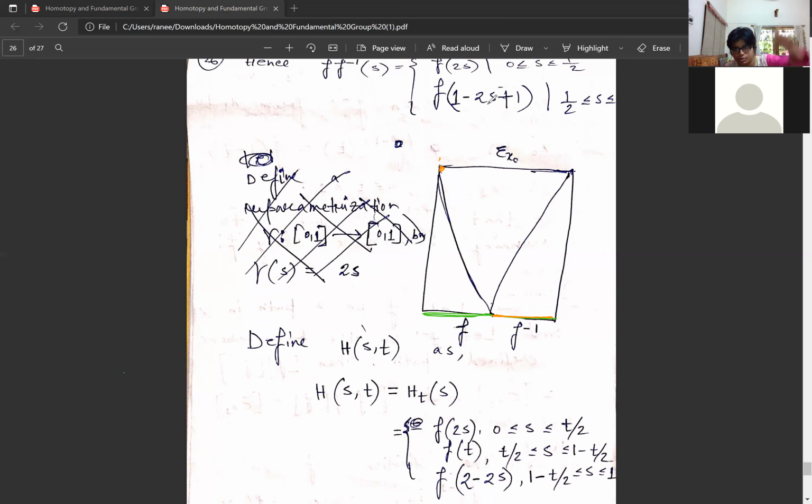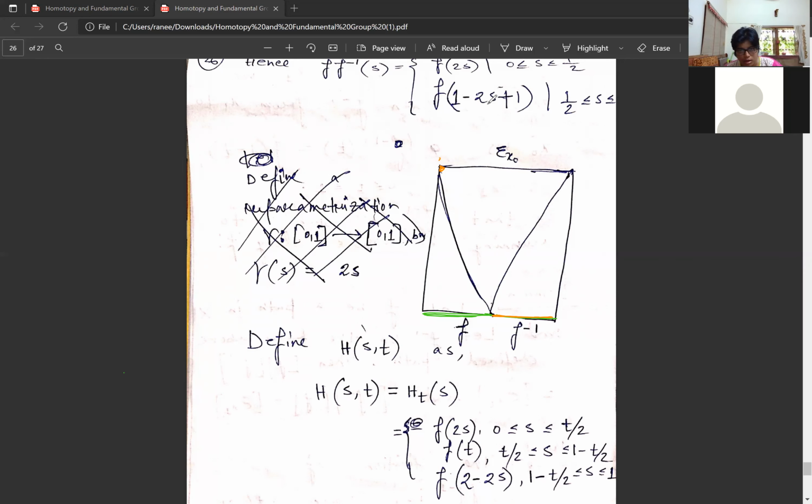So I'm just sitting at x naught. If you see the homotopy, how we define it, and also the picture,